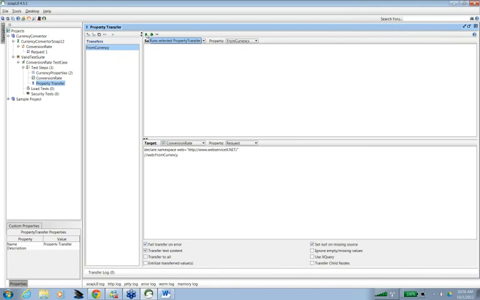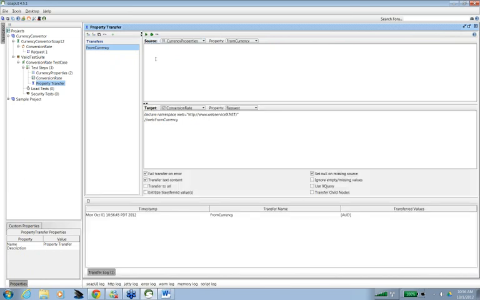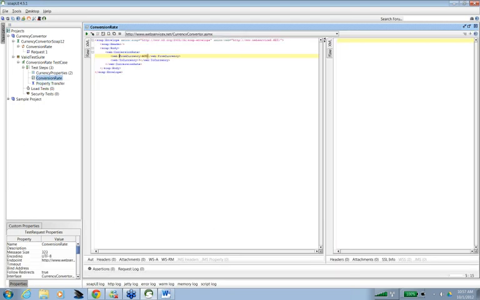Okay, so after doing this, if you see, when I am running it, it is showing me the transfer. It says in the bottom panel from currency AUD. So AUD, it has read from those properties which we have written here, and it is transferring it to this particular element. It has found this element and it has transferred it here. I am not doing this; it is being transferred using this property transfer step. So I'm also putting it before the actual conversion.